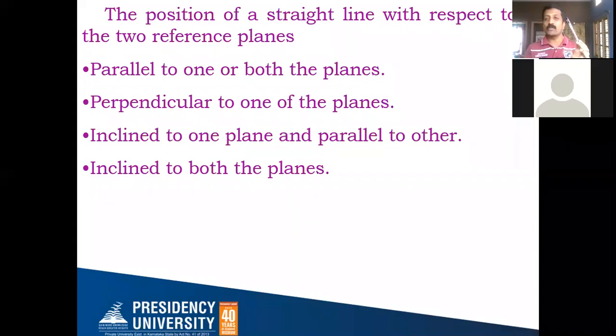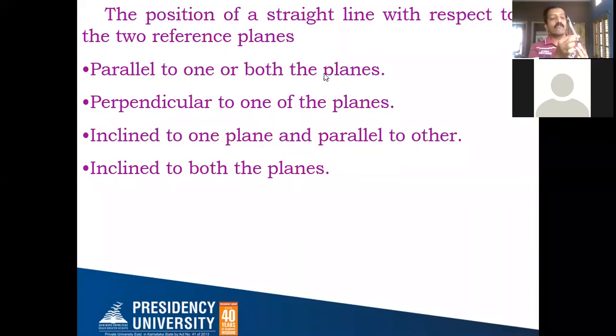With this, I can draw only the top view and front view; I cannot get the true length of the line. You get the true length only when the line is parallel to any one of the planes. To do that, a small exercise has to be done. As I told, this is the position inclined to both HP as well as VP.